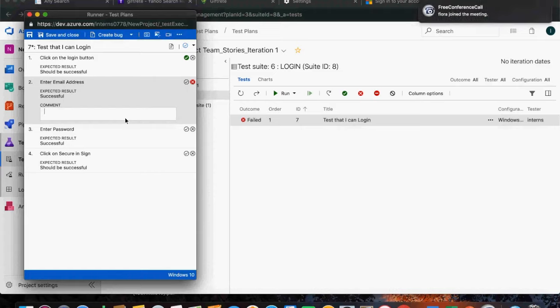Expected results. What are we supposed to get? Email address. Maybe email address invalid. You can't say that actually. You are supposed to put a valid email address, or maybe email not accepted. Something like that for testing's sake. Let's just say email not accepted,